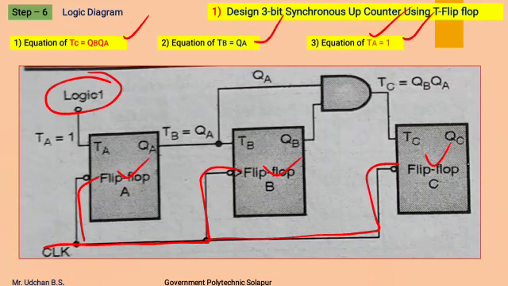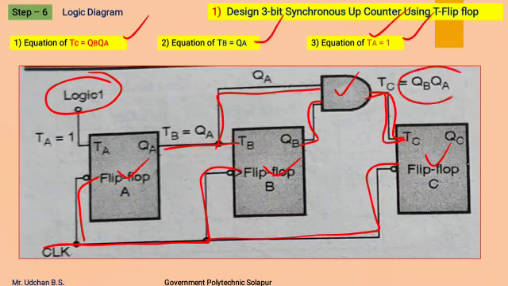TB is equal to QA, therefore this QA is connected to the TB input of flip-flop B, and TC is QB·QA, therefore this QB and QA outputs of flip-flop B and flip-flop A are connected to AND gate, and output of AND gate, that is QB·QA, is connected as input to the TC. So this is how we can design a 3-bit synchronous up counter